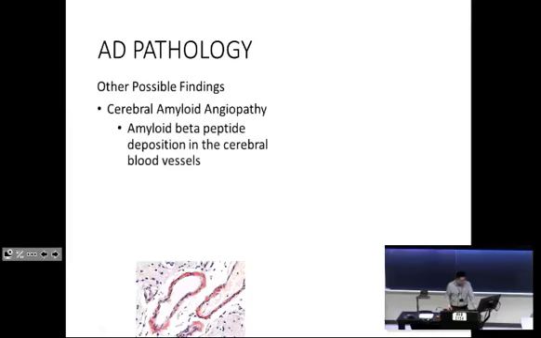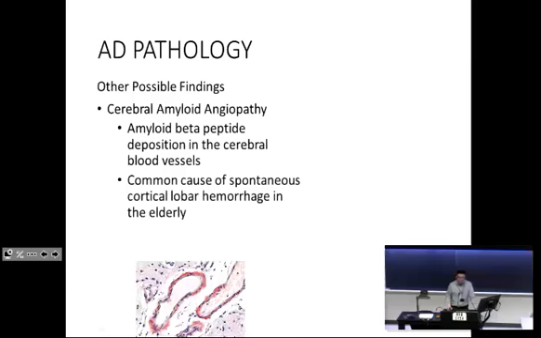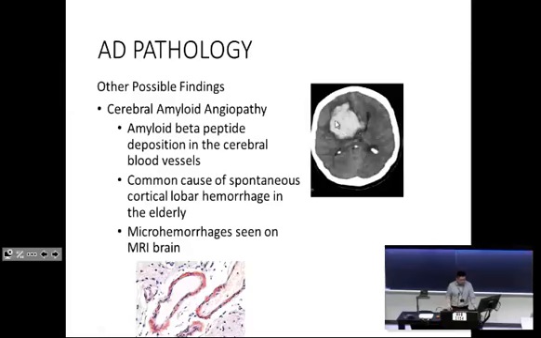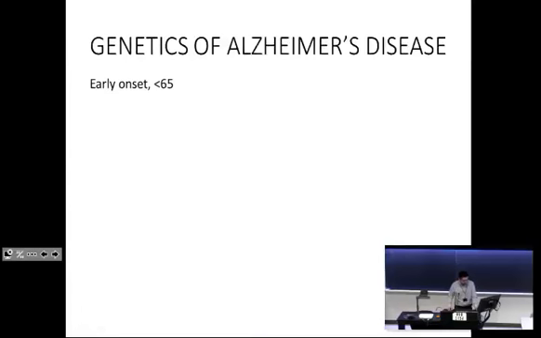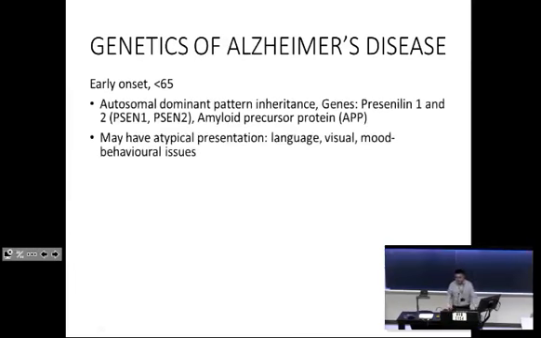Okay, cerebral amyloid angiopathy, it's a very rare condition. The amyloid deposits not around your nerves, but around your blood vessels, and it weakens the walls and it leads to both lobar hemorrhages as well as microhemorrhages. So it's hard to see here, but there are these little black spots on the susceptibility weighted imaging, and those are essentially heme deposits.